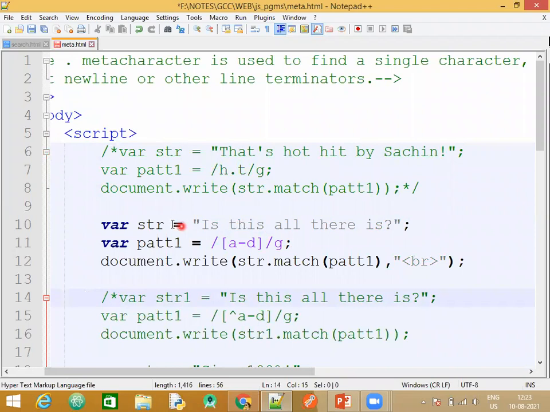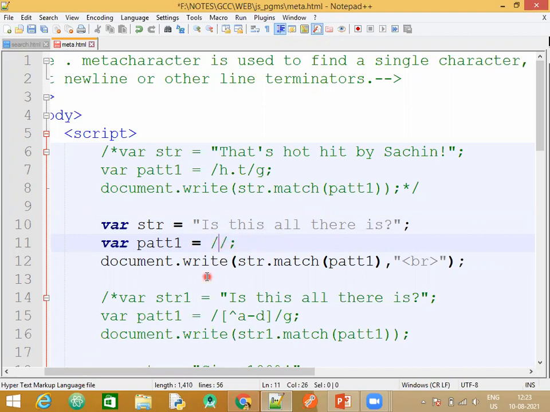Have a look at the string here. The string is storing this. Is this all there is? Fine. Another variable called pattern, that is PATT1. The first important notation whenever you start with regular expressions is you need to make use of the slashes. Okay, so 2 slashes I need to give.